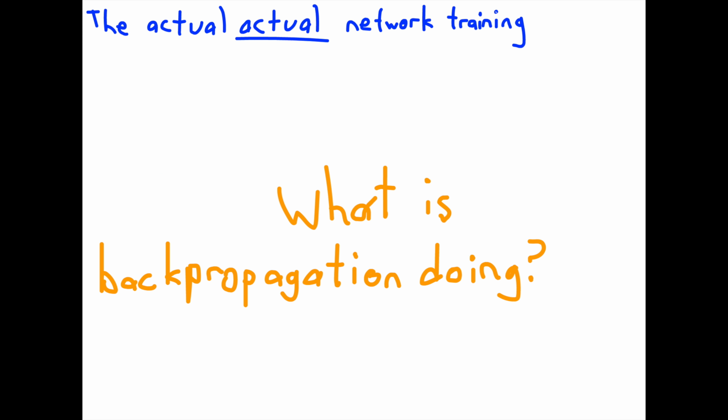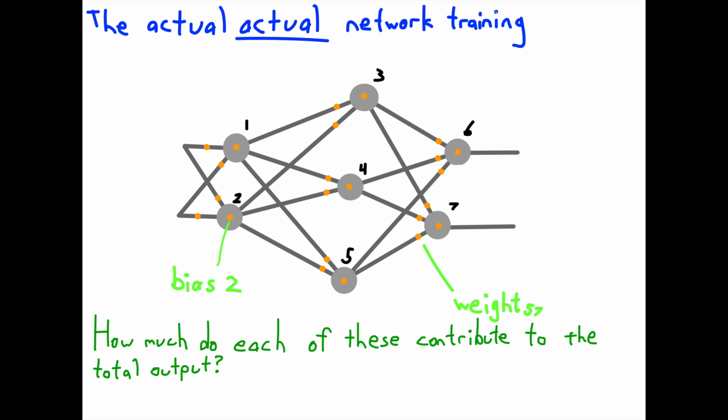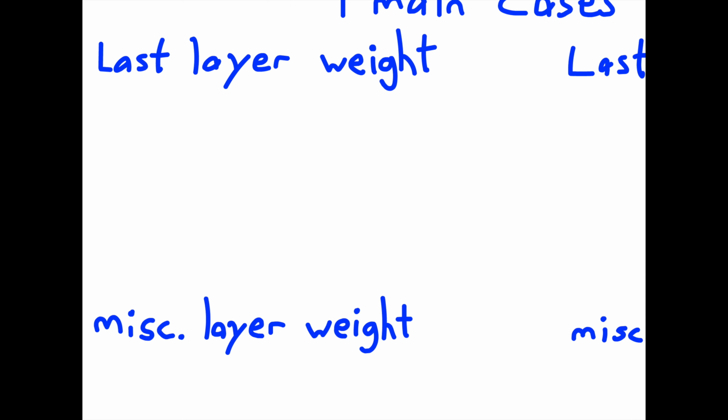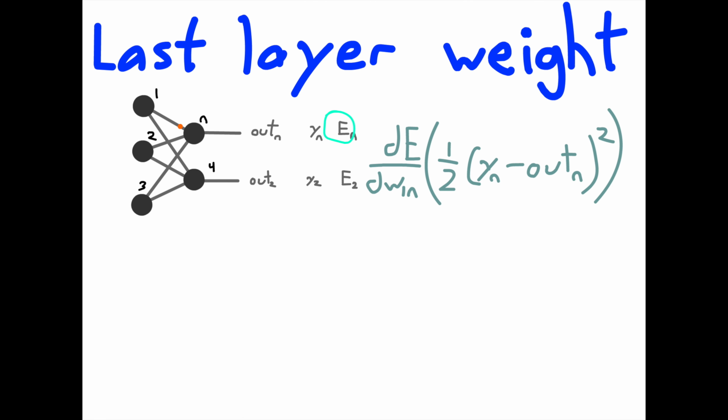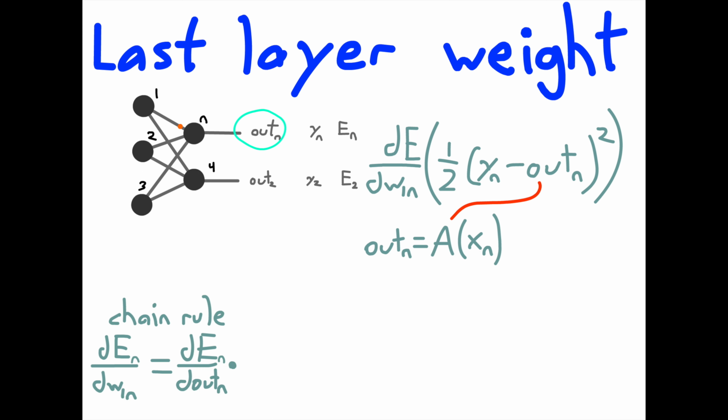Okay, now I'm going to walk through deriving the backpropagation algorithm. For every different variable we want to change, we need to know how much that variable contributes to the final output, which means the derivative of the loss with respect to that variable. First, let's start with a weight on the final layer. We have the function for loss, and while expected is a constant, actual is a function. So let's add actual to the chain and step into that.